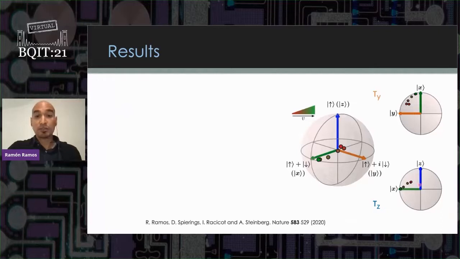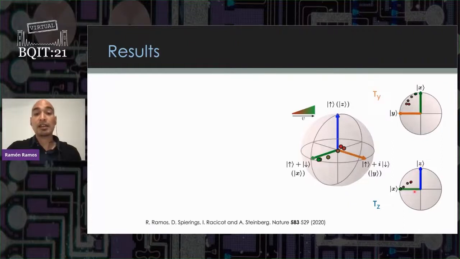So these are our results, shown in the Bloch sphere. First, we can take a cut of the x in the xy plane. The rotation in the xy plane is related to the tunneling time. That's tau y. And also we can take a cut of the xz plane,